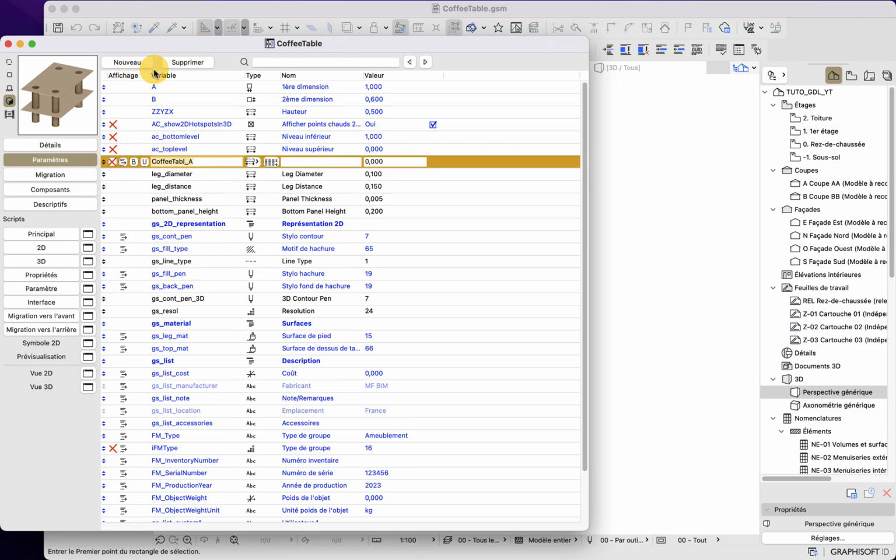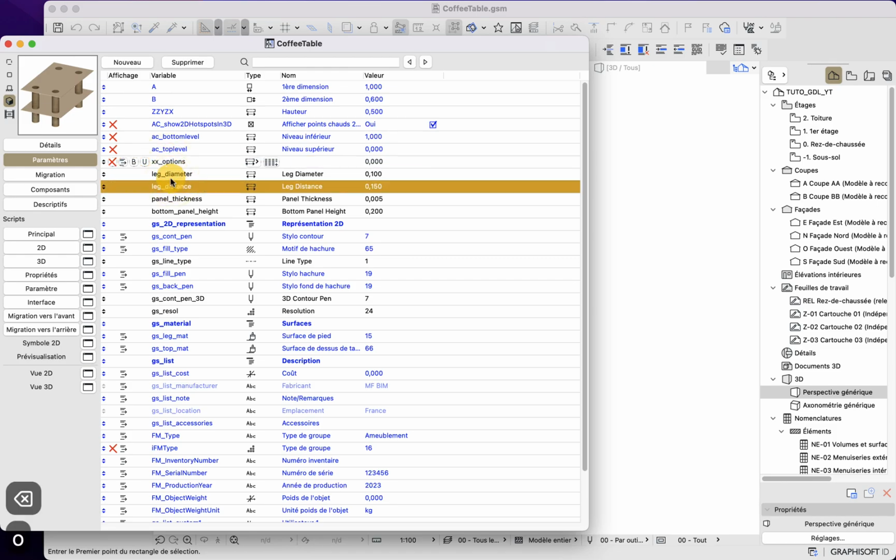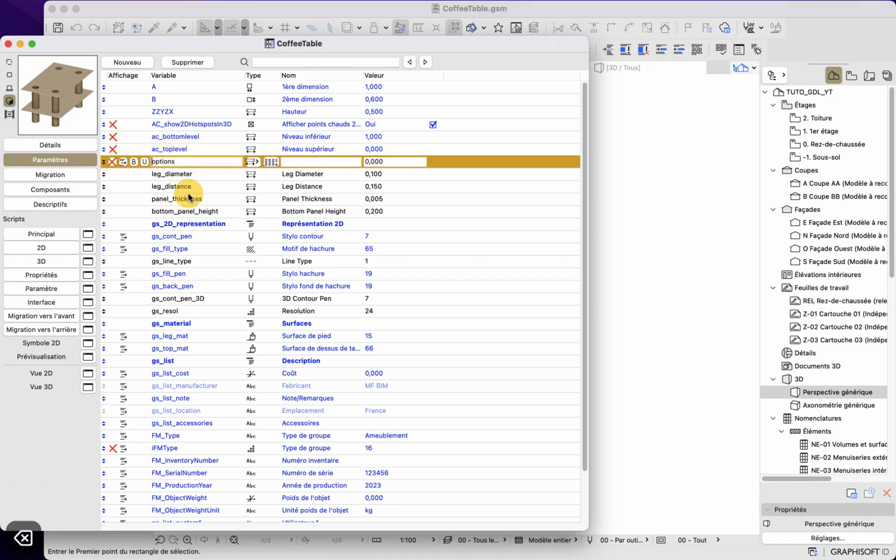I will create a new one that I will name, for example, XX option. Now you do not need to have the specific prefix. You can do what you want. You can create it like this option if you want. It doesn't really matter, but I just like to follow the same naming style as Archicad.